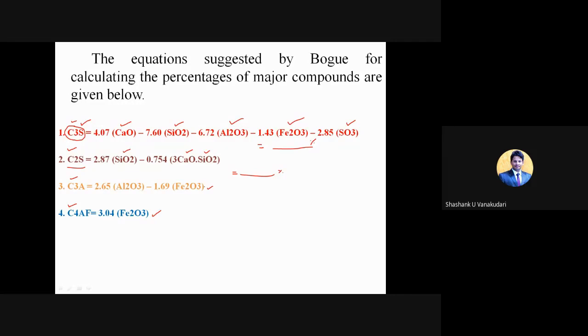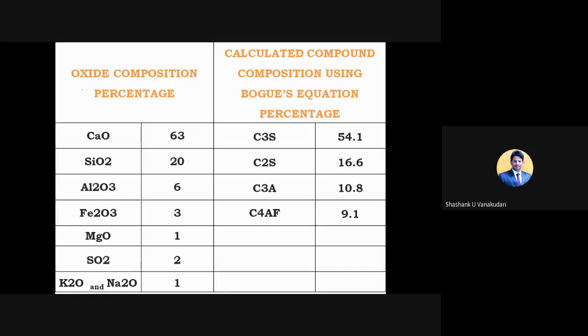So then you can check how much percentage of this tricalcium silicate will be there, and how much percentage of the C2S and then C3A and C4AF. That will be very helpful in deciding the properties of the cement. Okay, and here you can see how exactly that table is formed. These all are the chemicals which are present in the cement, including these oxides also.